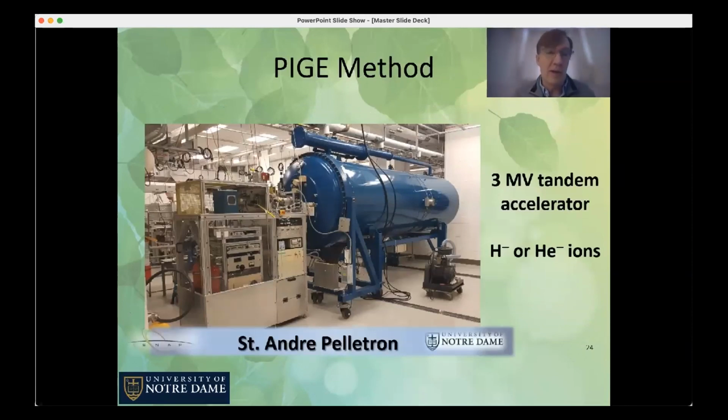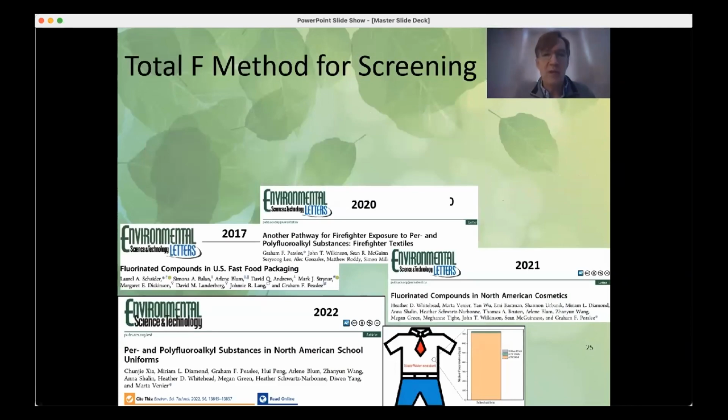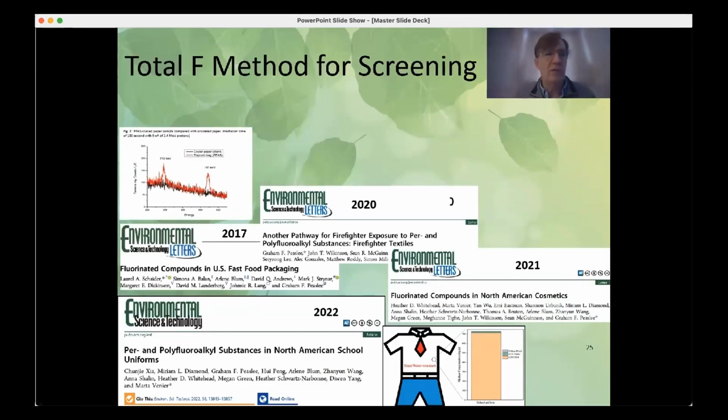It's a large particle accelerator at the moment. We're making a smaller one for a field application. And we bombard a surface and look for the gamma rays that come off. And we can use this to make a spectrum that looks like that. It shows clearly a popcorn bag versus a regular paper, and you could see right away which one had been